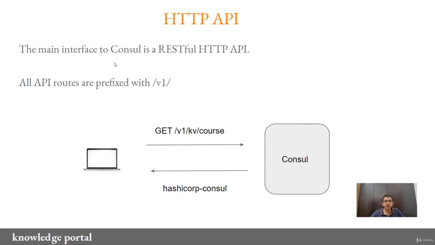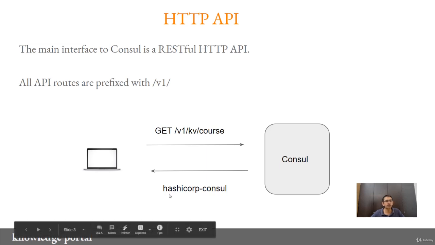The main interface to Consul is the RESTful HTTP API, and all the API routes are prefixed with v1. Let's assume that you want to get the information associated with the key value where the key is course. So you can send a request. This is the HTTP method, in this case a GET. Then the endpoint is v1 followed by kv followed by course. When you send a request, Consul will send a response back. In this case, it is sending the response HashiCorp Consul, which is the value associated with the